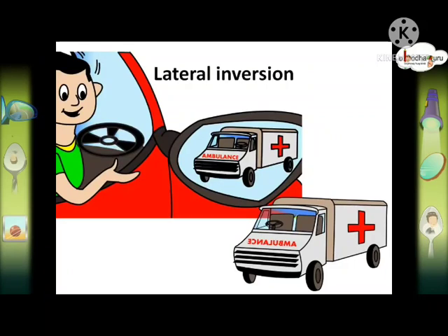For the same reason, "ambulance" is written in the reverse order so that any vehicle driver in front of the ambulance can look into his rear view mirror and can read the words in the right order, and thus he is able to give way to the ambulance. How was it possible? As the mirror reverses the left-right in the image, the driver can read the word ambulance properly using his rear view mirror. This seemingly left-right reversal in the image is called lateral inversion.